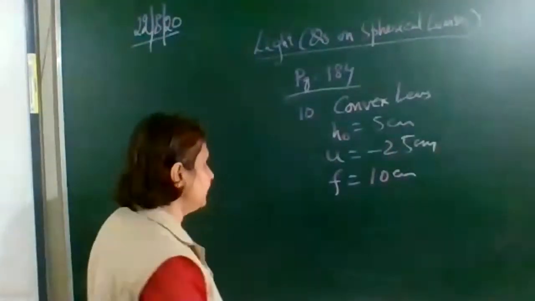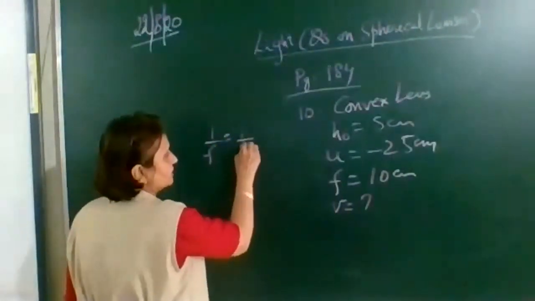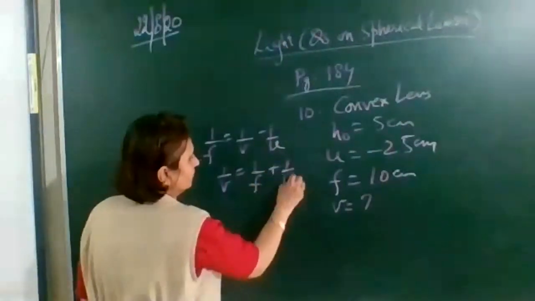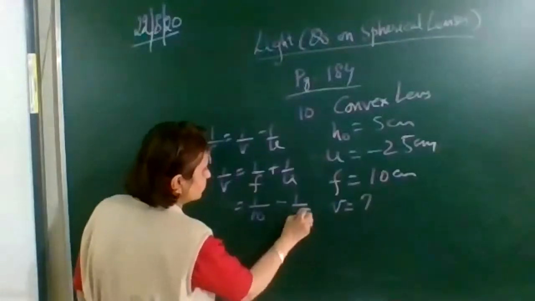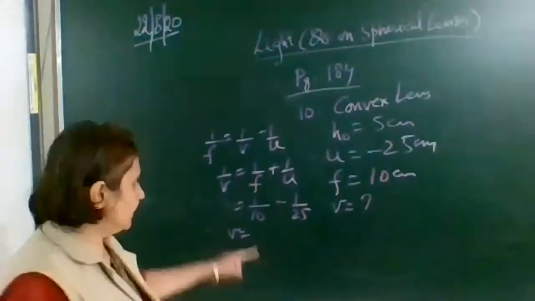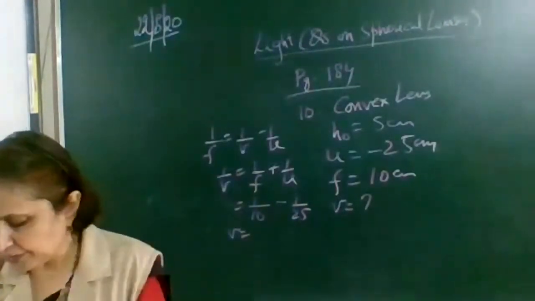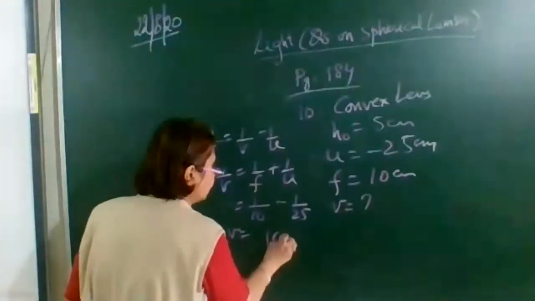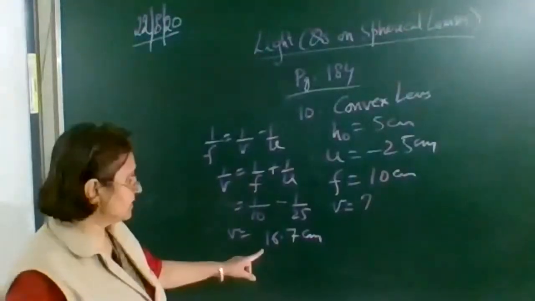Ray diagram we have already discussed. So in order to find out the position, again use the same formula. 1 upon f is equal to 1 upon v minus 1 by u. So 1 upon v is equal to, substitute the values, 1 upon 10 and u here is minus 25. So simplify it and then find the reciprocal. After simplifying, this is 1 upon v. So you have to reciprocate it. So v distance here you will get it as 16.7 centimeters. You can simplify and then see the answer you are getting is 16.7 centimeters.